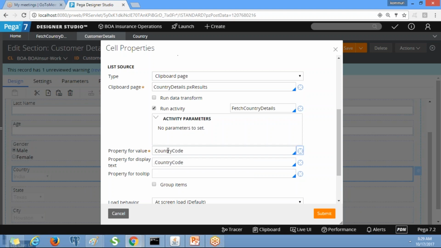That means this is the property which is getting stored in the backend. Property for display text is the one which is going to display to the end user. Clear? Or any doubts? Okay, you note down this.